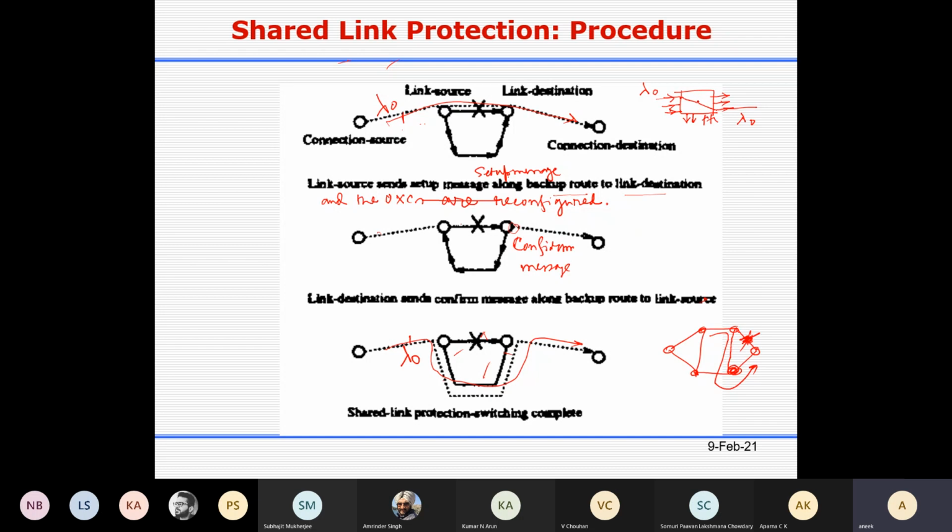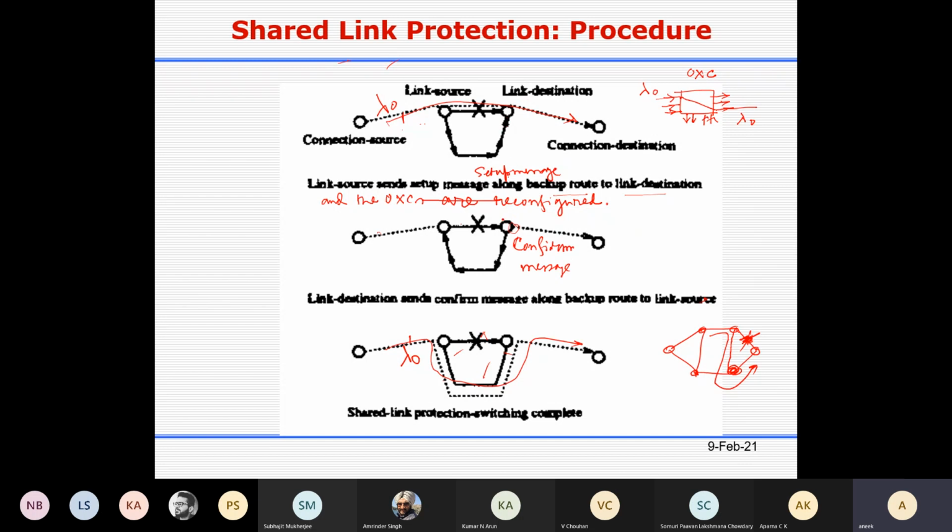So there are some internal structures, there are internal switches, those are connected. We have studied the OXCs. So the OXCs need to be reconfigured, otherwise you cannot send the setup message. So that they have actually considered in the protection switching time, but they didn't mention it. Actually, I checked the material; they mentioned it over here, but the switches need to be reconfigured over here, during this time. So it is done. Then the setup message goes to the link destination node.